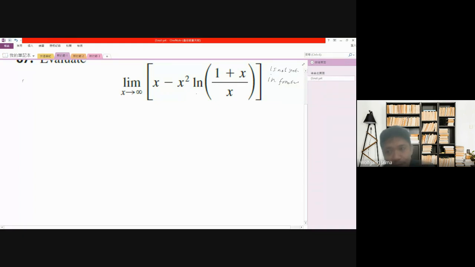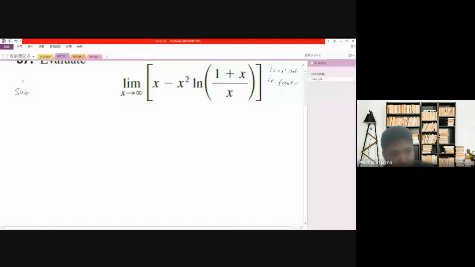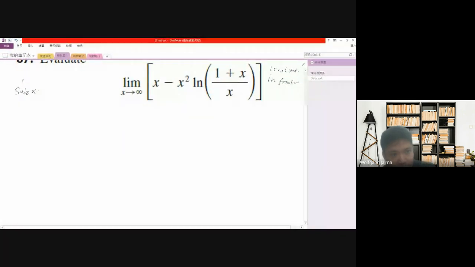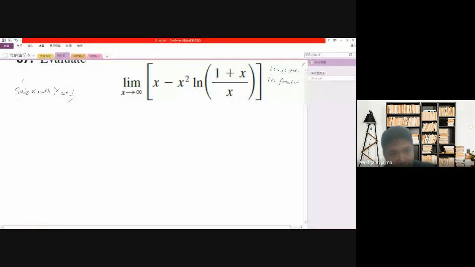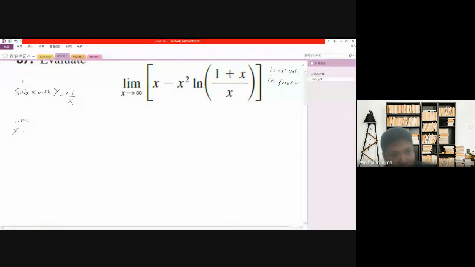So first of all, we want to transform this problem into a fraction. How to do that? A lot of ways, but I think one of the easier ways is to substitute x with y, such that y equals 1 over x. Okay, so now our problem becomes the limit of y approaching 0